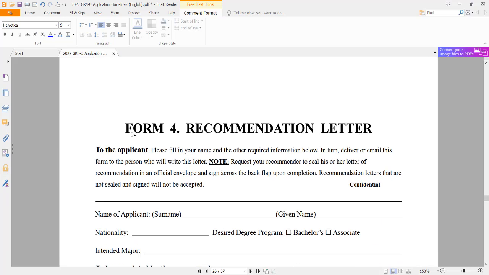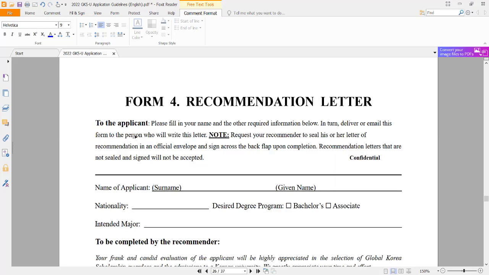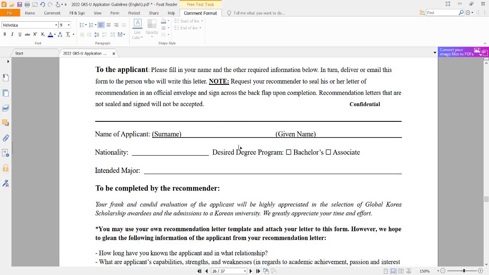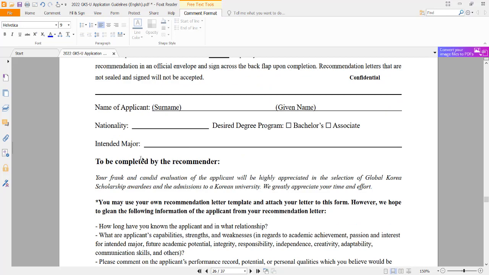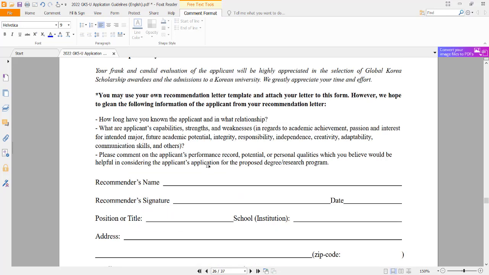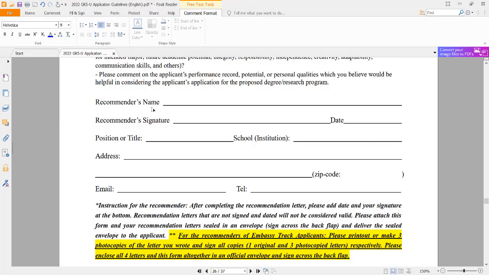And then for form 4, I'll suggest you what to do is that you have to take a printout of this document after filling your name and given name, nationality, and major what you are planning to do. Suppose mechanical engineering, and then bachelor. So once you take a printout of this document after filling it, you just give this whole form to your